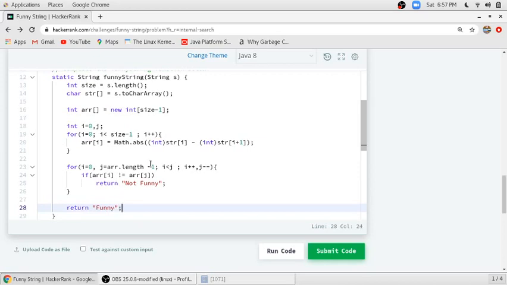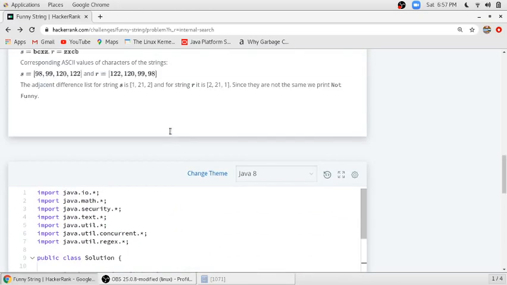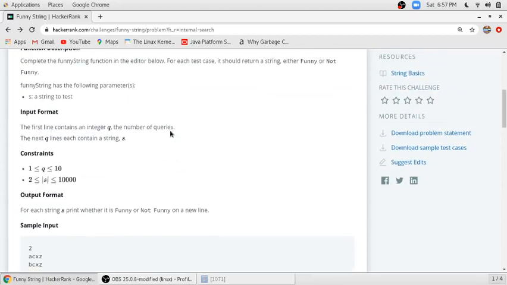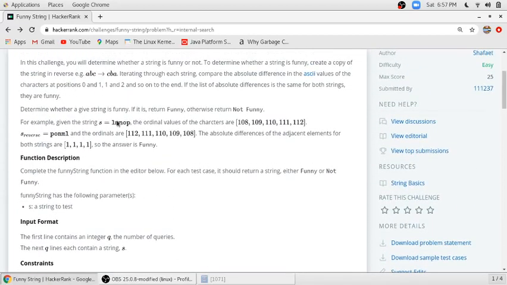So I will explain why I have used this condition and this for loop here, using this given example. Whenever the string is funny, you will see that the difference between adjacent elements is always the same, that is 1 1 1. So we have to find the difference only once, and we will check if this one is equal to this one and this one is equal to this one. Whenever this condition holds, the string is funny.